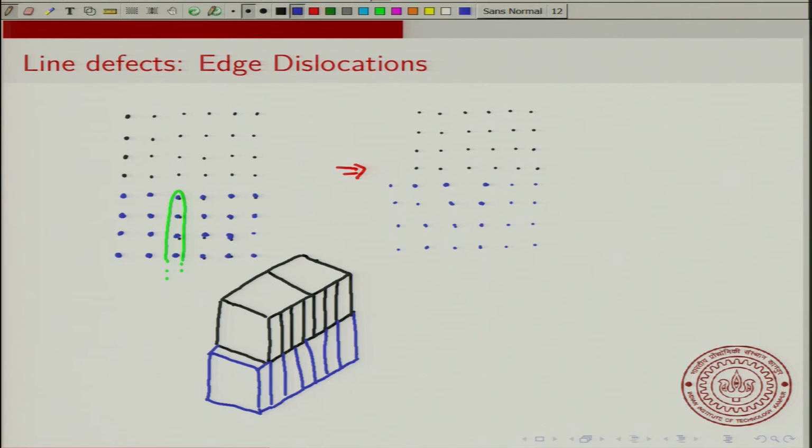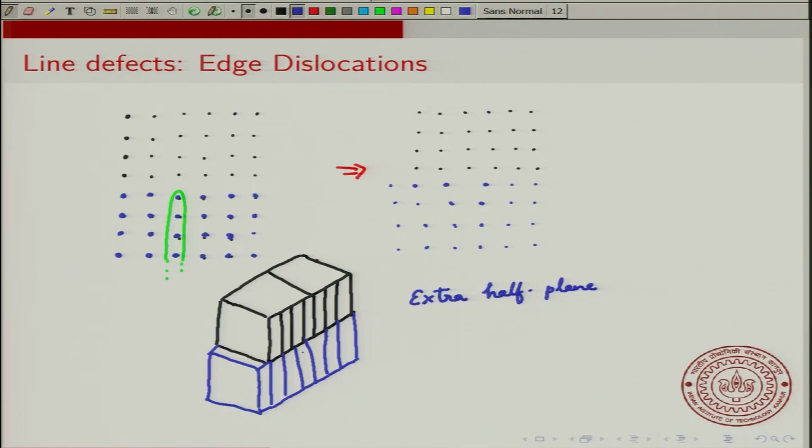Okay. The other thing that is emphasized by this is that when it comes to the surface, there is an extra plane of atoms. So there will be this kind of step feature on the surface. Okay. So this edge dislocation has an extra plane of atoms. It's actually a half plane of atoms. The term half plane is used